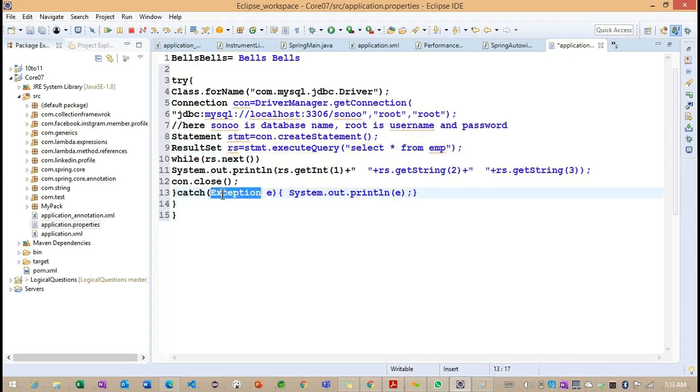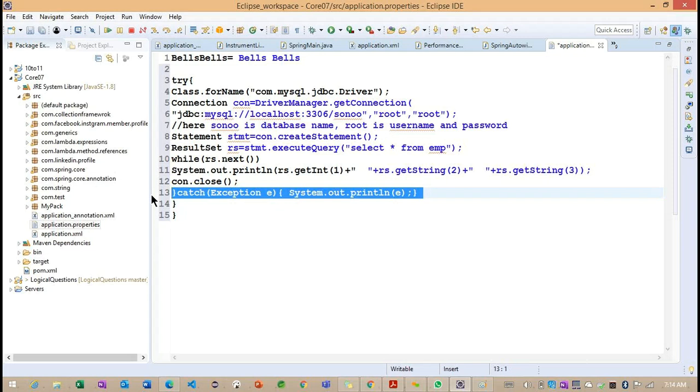Another thing to observe is that SQLException is a checked exception. But in Spring JDBC, whatever SQLException we get is handled internally by Spring, and we get unchecked exceptions. Spring JDBC throws an unchecked exception if we miss any connection-related detail or make a syntax mistake. For unchecked exceptions, we don't need to define the try and catch block.